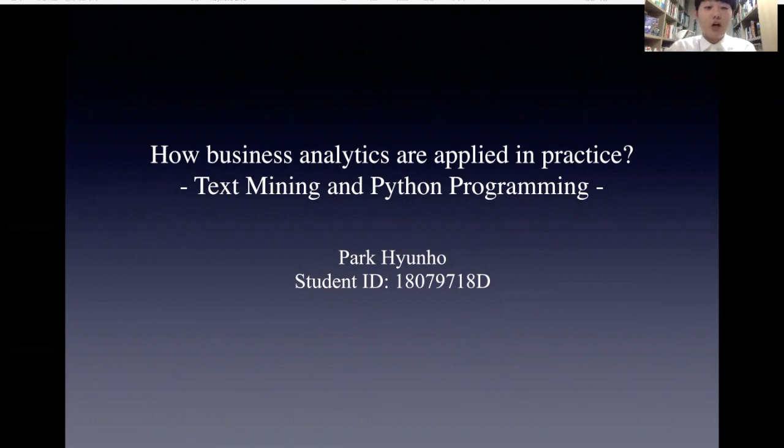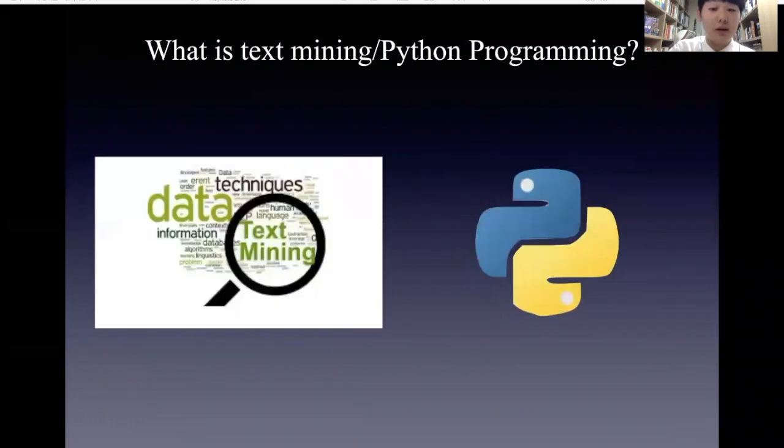Today I'm going to talk about Python programming and text mining and its related examples, and the knowledge gap between my information and the information I got during the research. First, text mining is the work of analyzing multiple documents and drawing information and answers to key research questions from